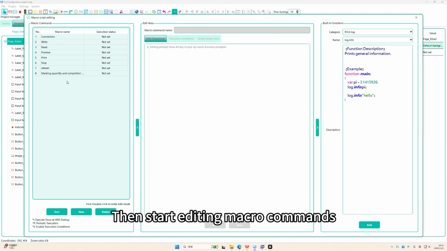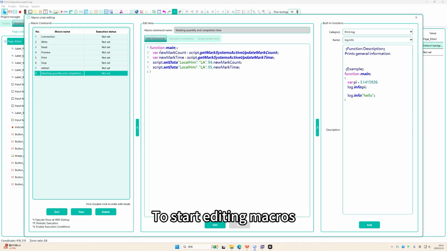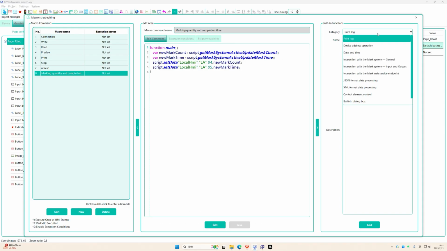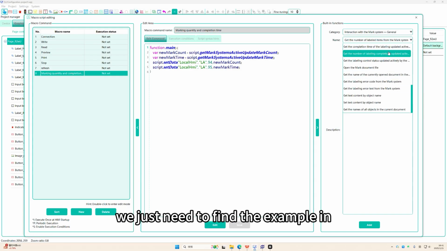Then start editing macro commands. Click New to edit. To start editing macros, there are examples of macros on the right-hand side. Like getting the number of marking and completion time, we just need to find the example in there and change